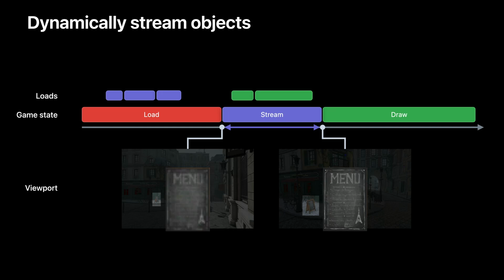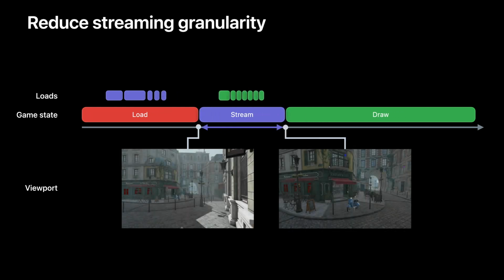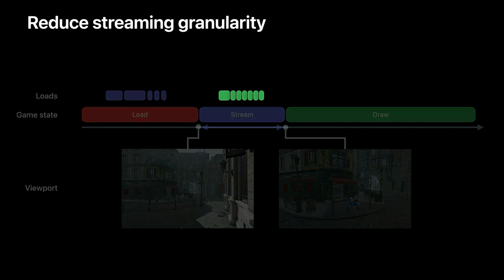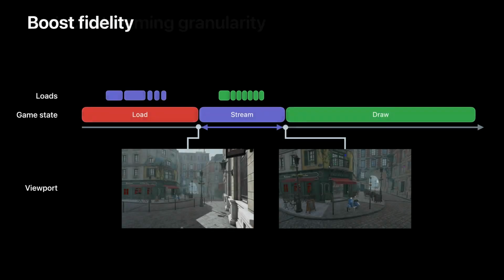One way to deal with this is to stream smaller portions of each asset. For example, your game could load only the visible regions of the scene with sparse textures that stream tiles instead of whole MIP levels. This vastly reduces the amount of data your app needs to stream. With that approach, the load requests get smaller and there are more of them. But that's okay because modern storage hardware can run multiple load requests at once. This means that you can increase the resolution and scale of your scene without compromising the gameplay.